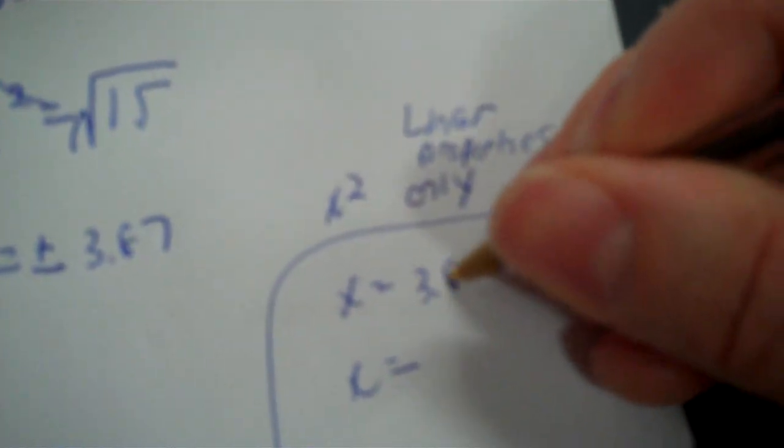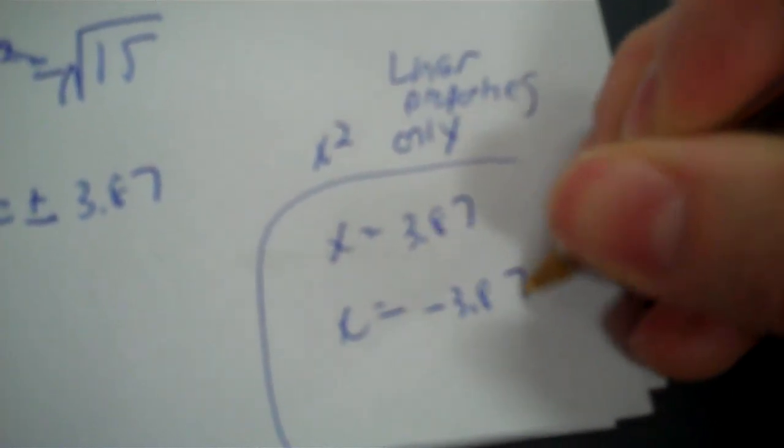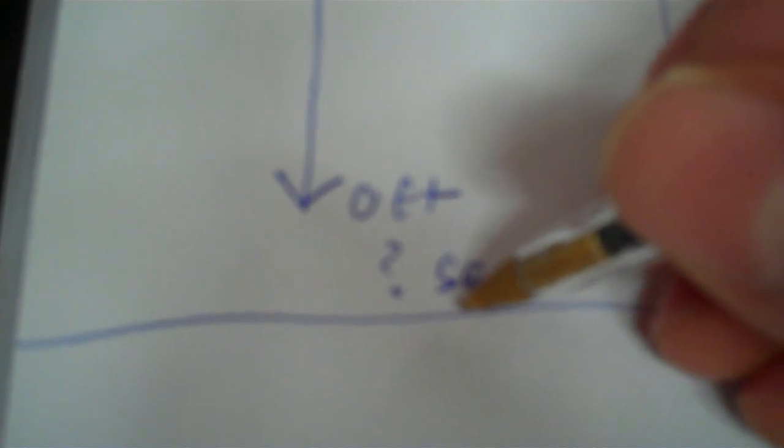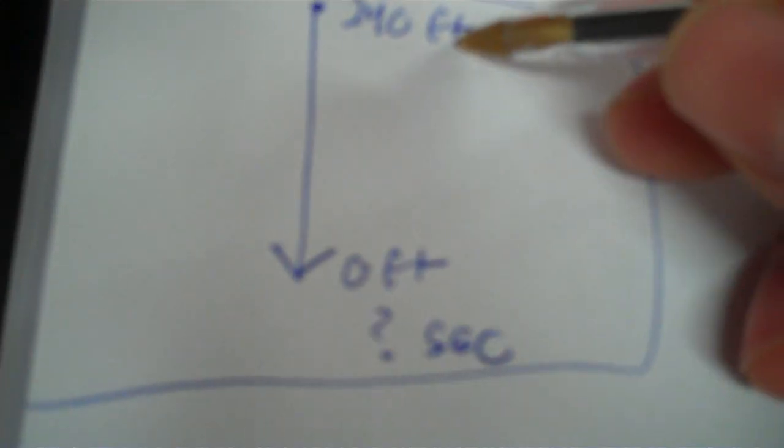So 3.87 positive, 3.87 negative, and the positive then would be the legit answer, okay? So at 0 feet, it's taken 3.87 seconds to get from 240 feet to 0 feet. So again, gravity's still pulling that down,